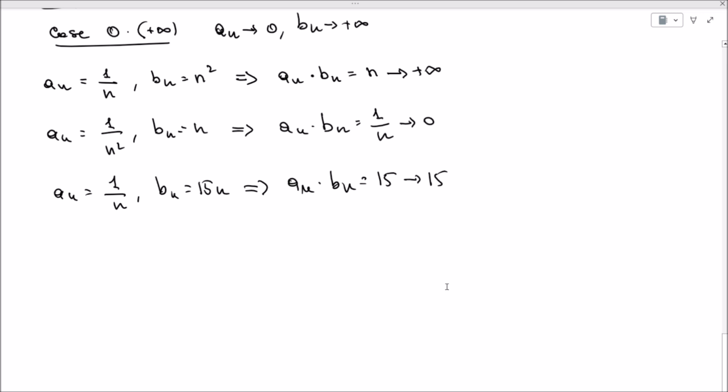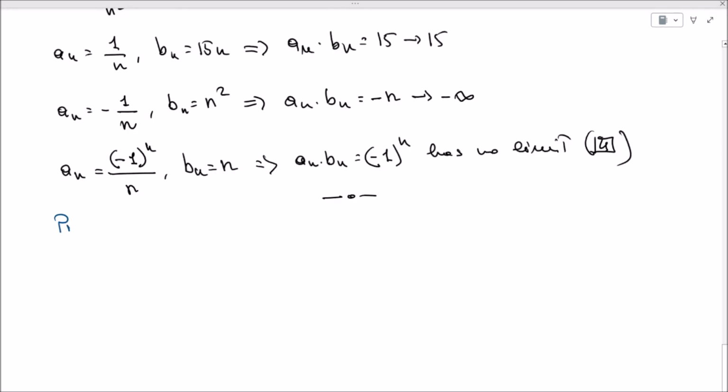Again, an equal to minus 1 over n, this is a sequence that converges to 0, and bn equal to n squared, the product an times bn in this case is equal to minus n that will diverge to minus infinity. And finally, if an is equal to minus 1 to the n divided by n, and bn is just equal to n, we have another situation where an will tend to 0 and bn will go to plus infinity. But in this case,